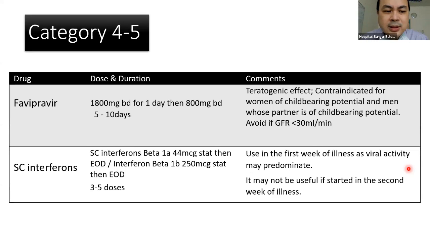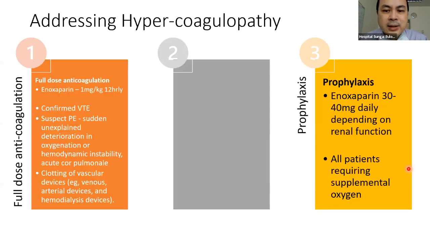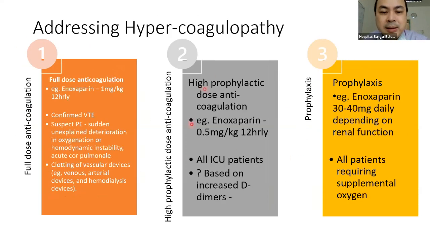Category 4 is basically giving the antivirals, which is the favipiravir and the interferons. This is the antivirals, and the other medicines that we give also is the prophylaxis against DVTs and pulmonary embolism. So you can use prophylaxis for all patients in category 4. This is once you have confirmed PE, then you use these doses. There's also one dose in the middle. These are based on when the patient is on 5 dose of prophylaxis.